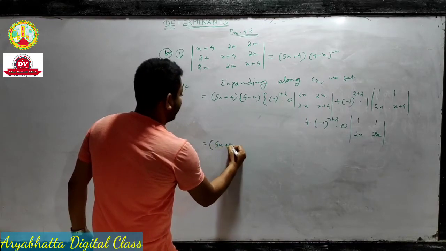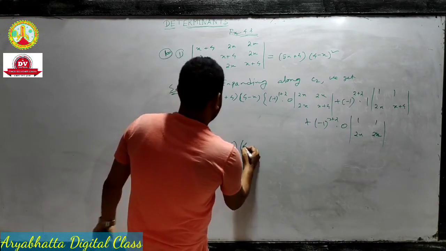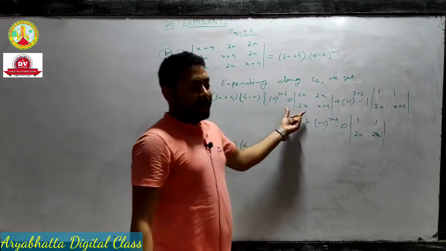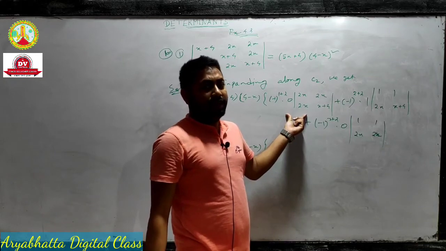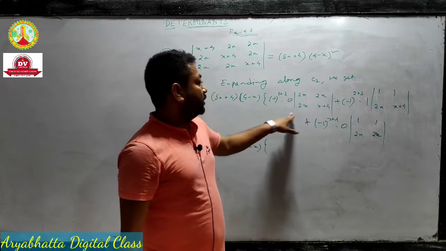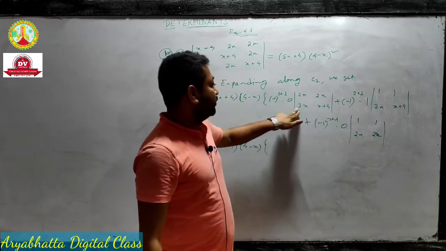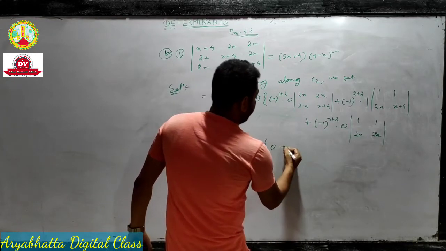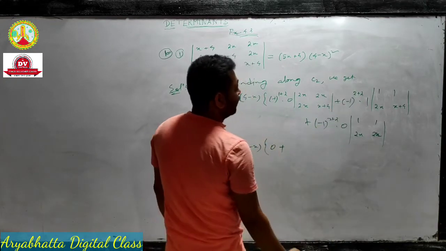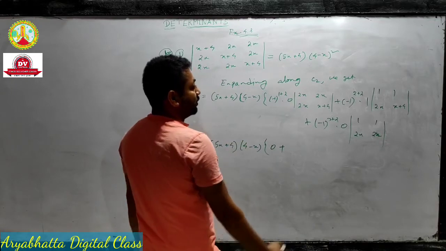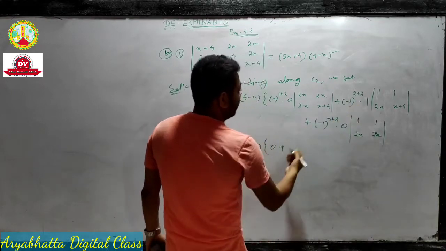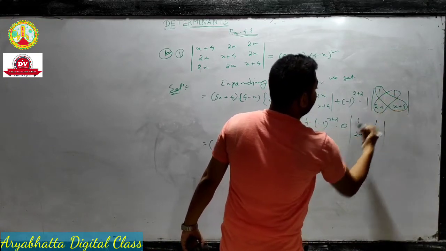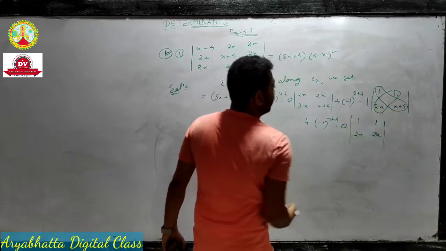Here (5x + 4)(4 − x)... we know that multiplying any number with 0, the result is 0. So 0 into this, the resultant answer will be 0. Then (−1)^4 = 1, so 1 into 1 is 1. Next, for this determinant, multiplying this and this element minus this and this element, therefore we